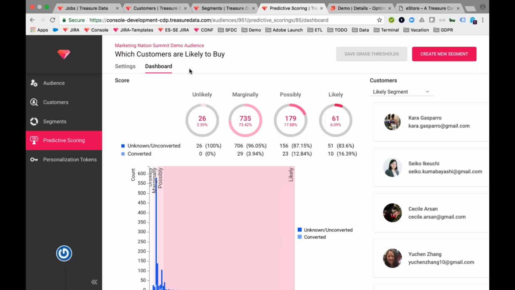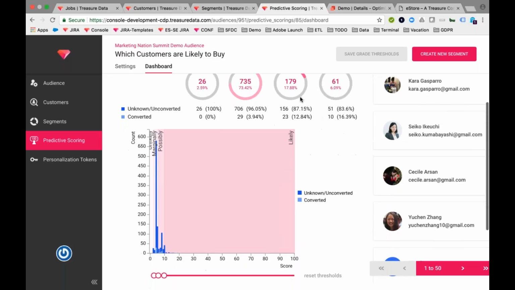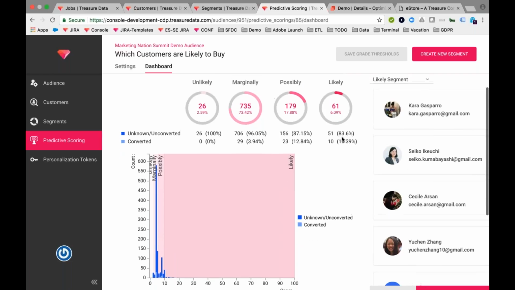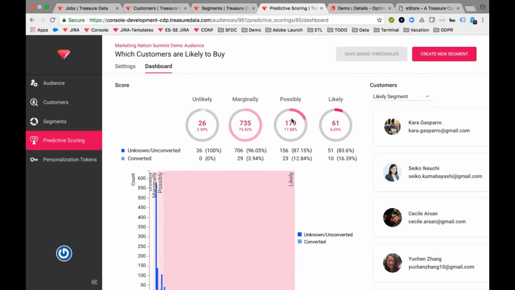Instead of email blasting everyone who hasn't converted, or even worst case scenario, email blasting everyone who has converted as well as who hasn't converted, trying to get them to buy, we've taken the first step of identifying the people who haven't bought, which is a big task, and the second step of prioritizing the people who have not bought. So we're not saying email everyone. If you'd like to, that's great. That's your decision, but we're empowering you with the information to say, okay, this likely to convert segment is pretty interesting. It's only 61 people out of whoever's left, and there's 179 here.